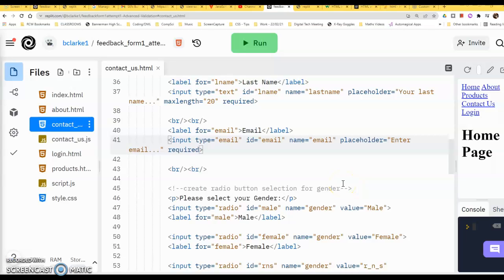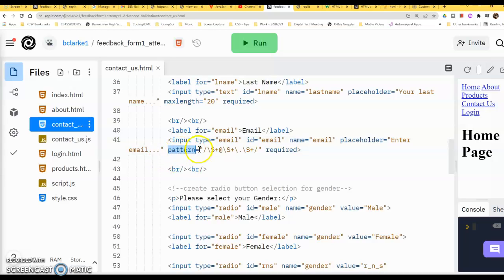The next part of our HTML client-side validation is to prevent the user from putting in an incorrect email. So to start that now, we're not going to get anything major coming out of this at the moment because we've got the button click linked in to do other stuff with our JavaScript. But we're going to put in what's known as a pattern